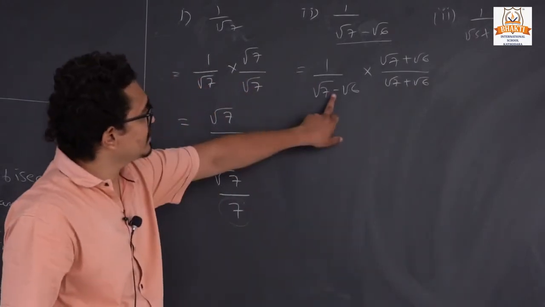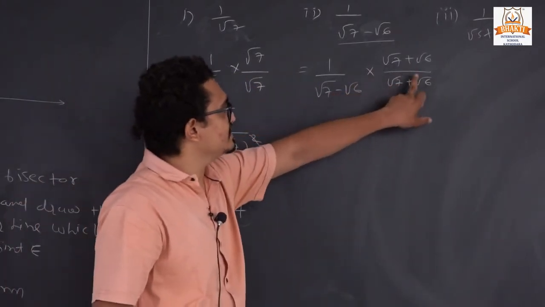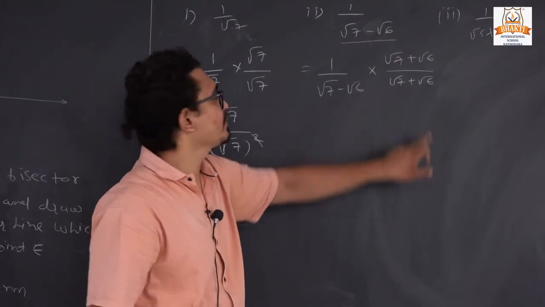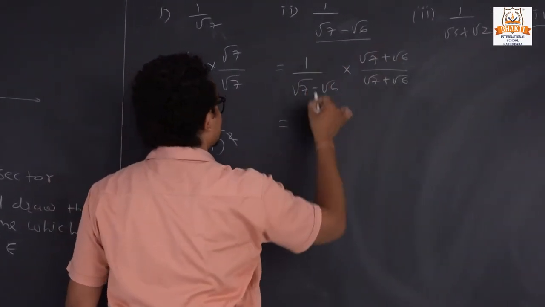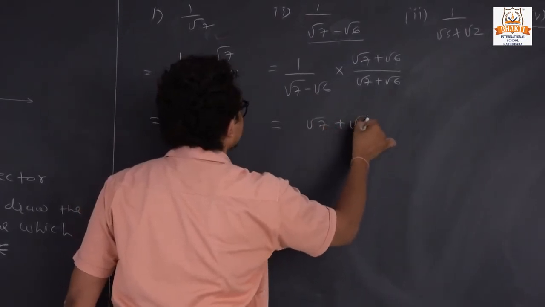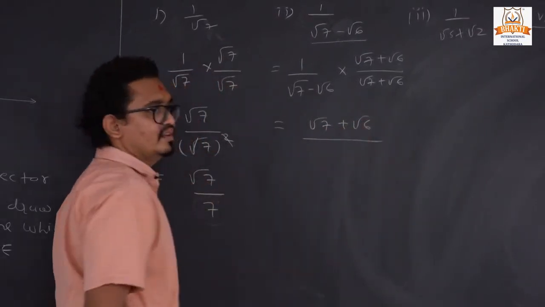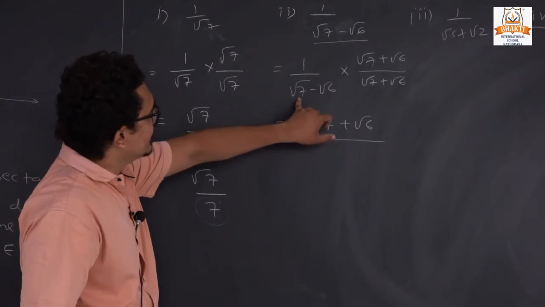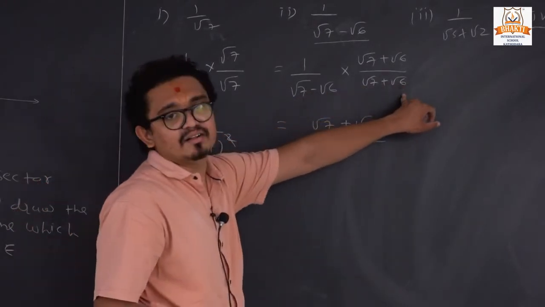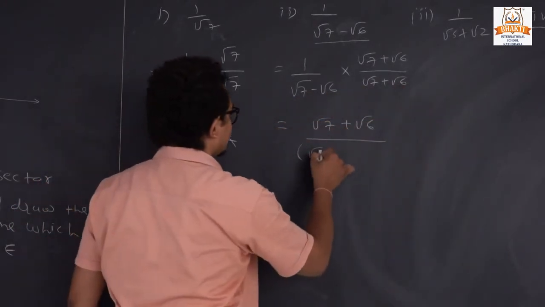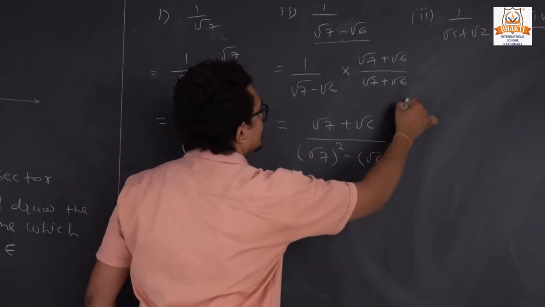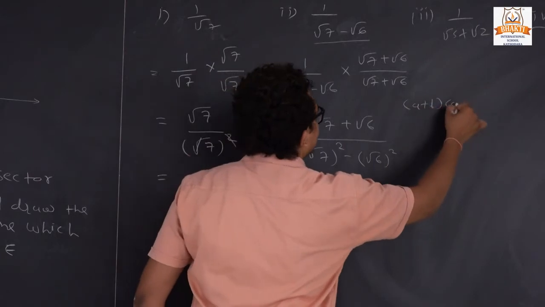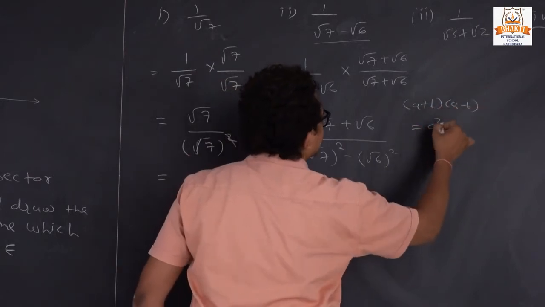And if we have the plus sign, so we are using the surds of a minus. So next, root 7 plus root 6 into 1, so it will be the same, root 7 plus root 6 upon... Once again you can see that a minus b, a plus b. So we are using directly its formula, a square minus b square, because a plus b, a minus b, it will be a square minus b square.